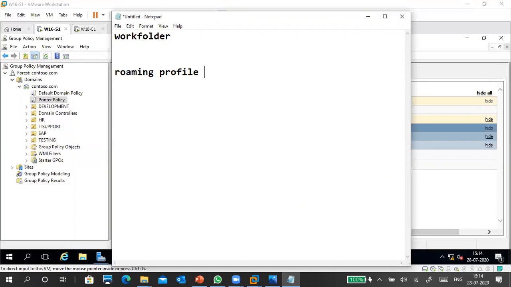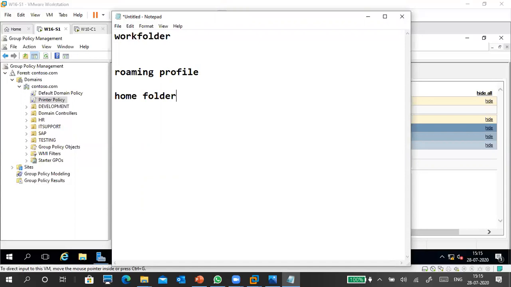Next, your user's personal data. Next, we also see the home folder. What is a home folder? If you want to save data, a centralized shared folder is mounted to your computer. Like you can open This PC: C drive, D drive, and a Z drive is there.